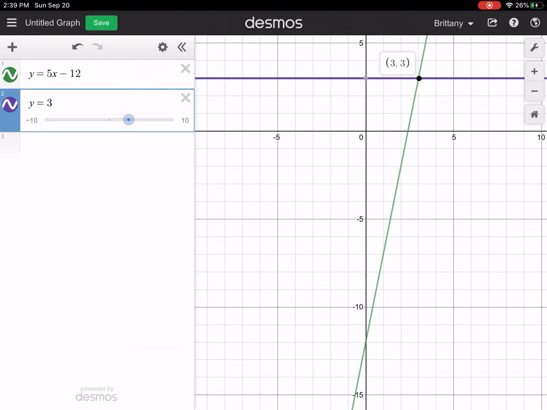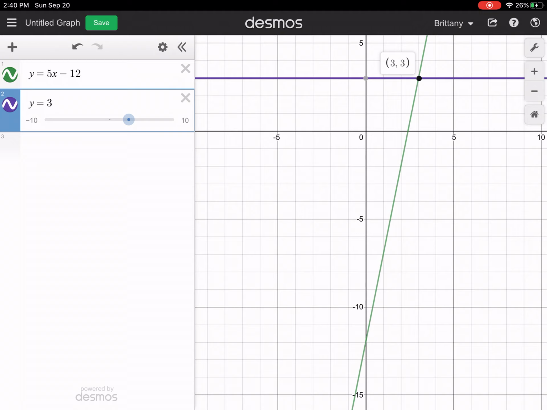Whenever you do this on Desmos, you only want to look at the x coordinate. So I could do that really quickly. 5x minus 12 on one line, 3 on the other line, and then my answer is right there at positive 3. So again, you guys could probably have done that by hand faster than we were able to graph it,